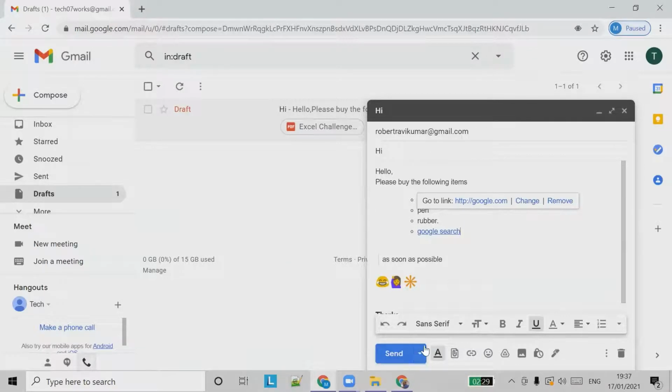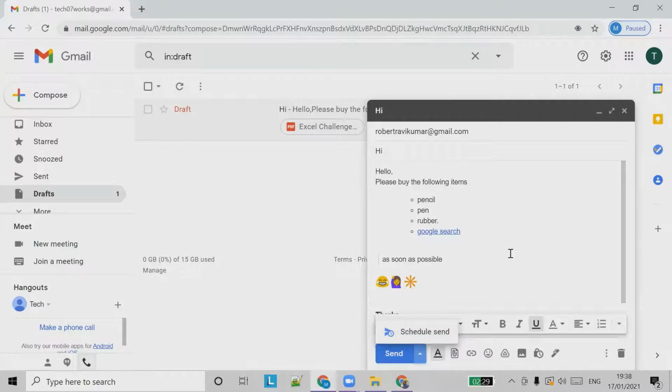You can send the email right away, or else you can choose the email to be sent at a later point. That means schedule send. The time now is 7:37, but I don't want to send that email right away. Similar to snooze, we can choose a time here.